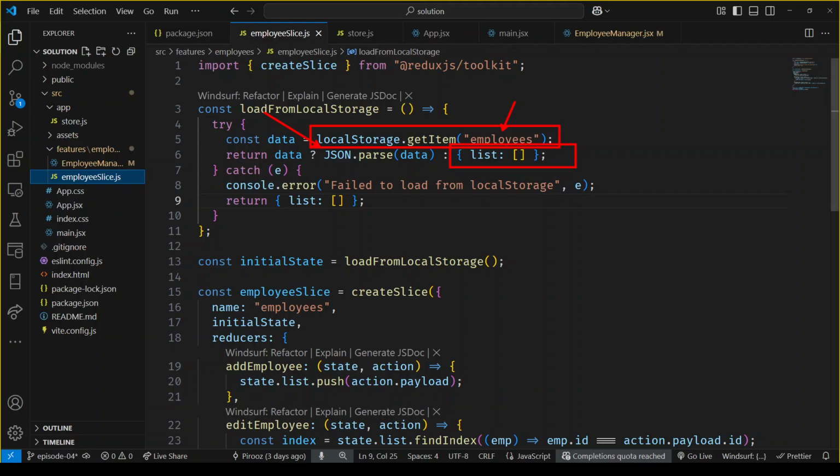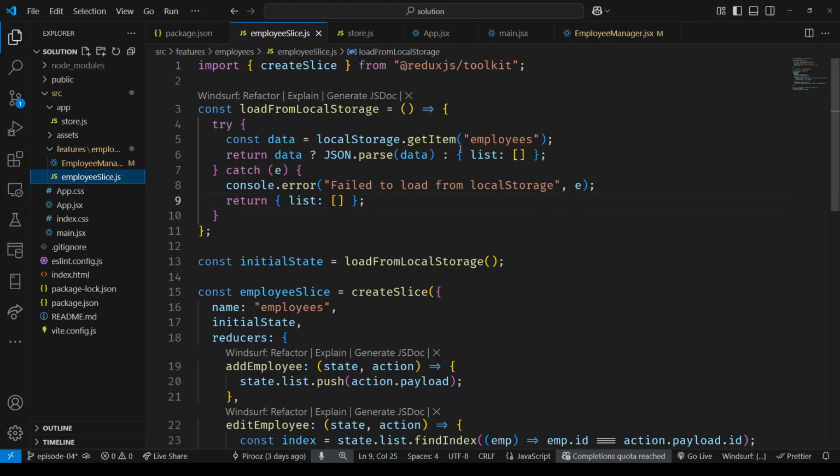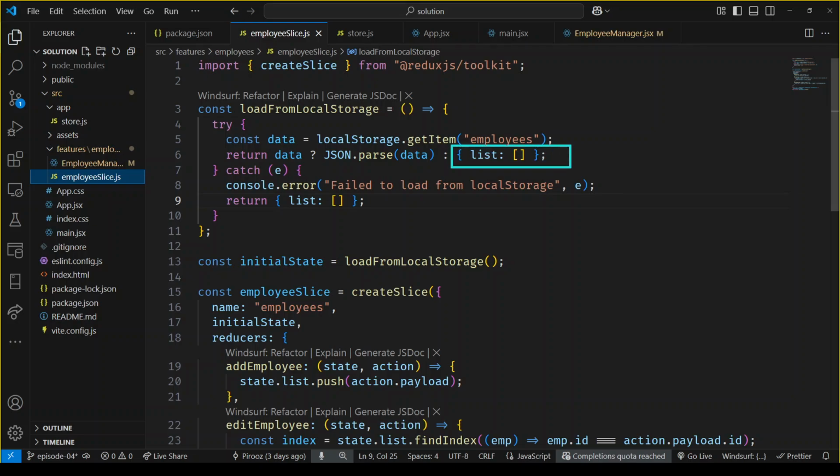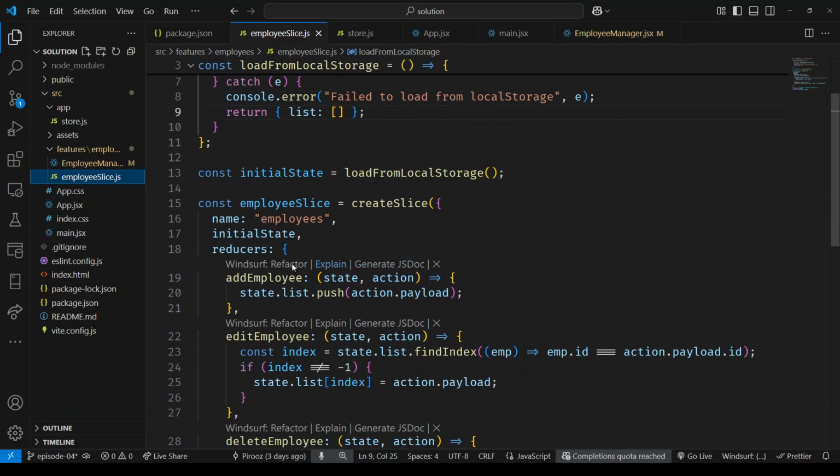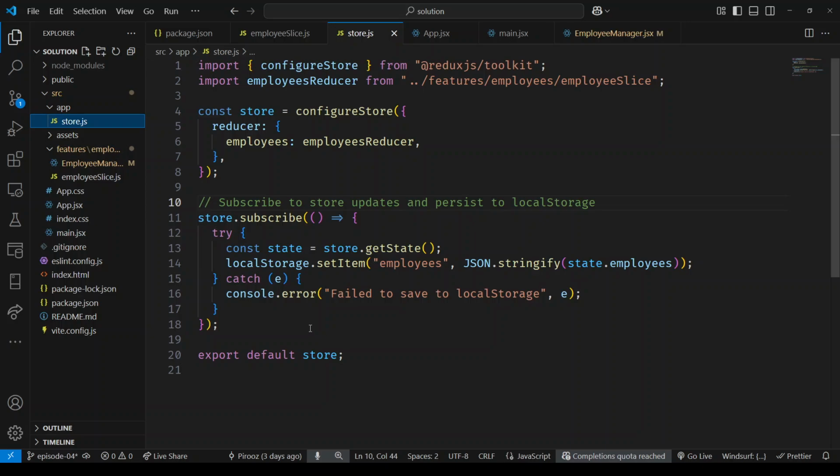So, the first time the application runs, because we don't have any key called employees inside of local storage, an empty list will get returned, right? This is what will return the first time you run the application, or whenever you delete that entry inside of your local storage. And from that moment onwards, whenever you change the state, right, using that subscribe that you've got here,